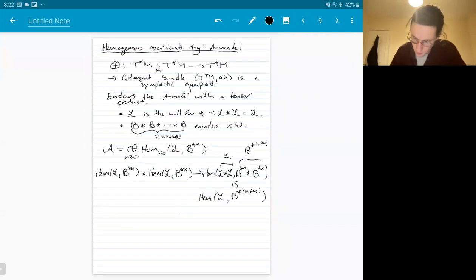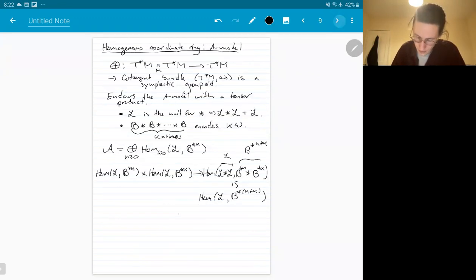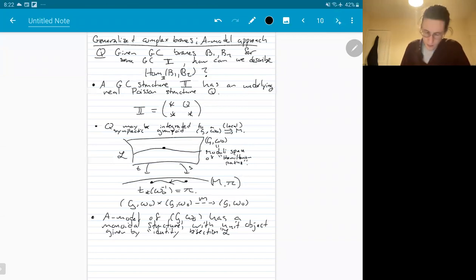So what we were seeing before with the cotangent bundle was a special case. In this case, the Poisson structure is 0, so the Hamiltonian paths don't let you move around. That's why you get just a vector bundle with the fiberwise addition, and the identity bisection is given by the 0 section. Okay, so this A model on the groupoid